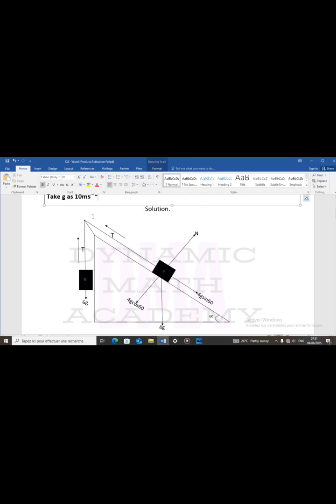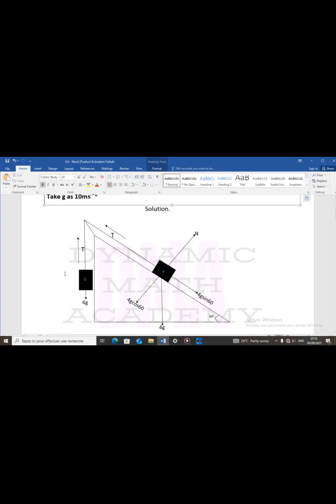Is the particle going by downward or is it going this way? Actually, the motion will follow the particle that has the heavier mass, and the one with the heavier mass is Q, because Q has a mass of 6 kilograms. So the motion will be going downward this way. You see now, that means the acceleration will be going in this direction,